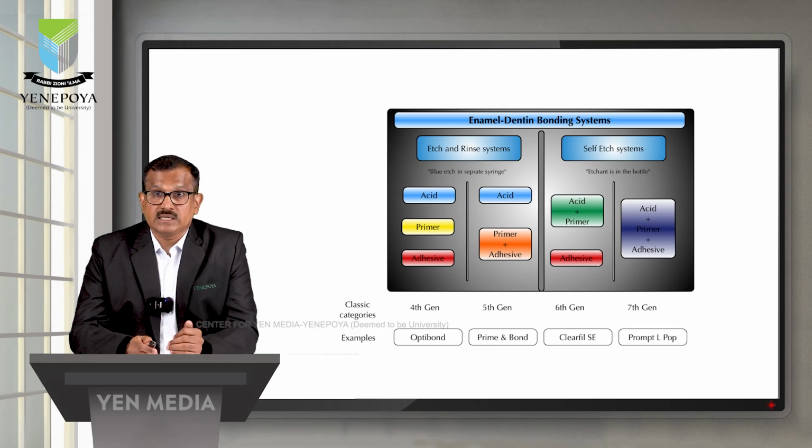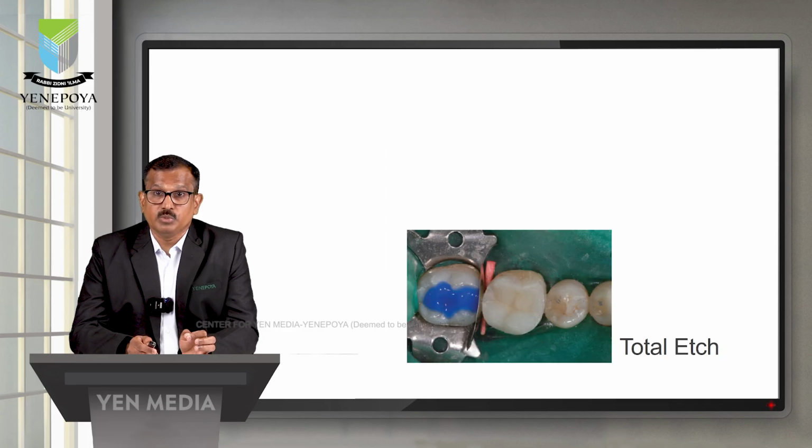So that is the present generation. 7th and 8th generations are all acid, primer and adhesive mixed. And so they are also to be used judiciously, because every company has a prescribed technique of using. That is very, very important to understand. Never ever use it before reading the instructions given by the company,